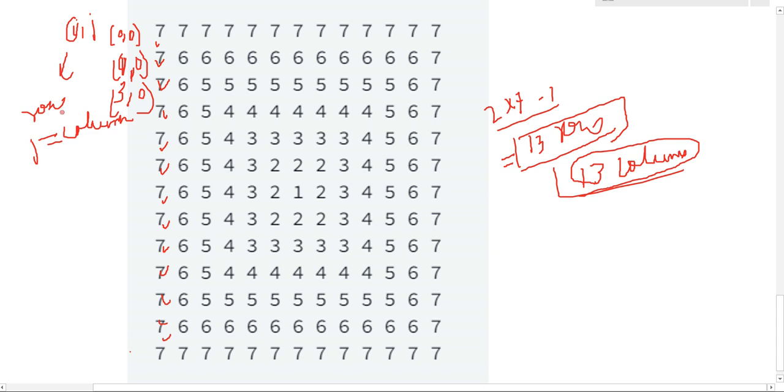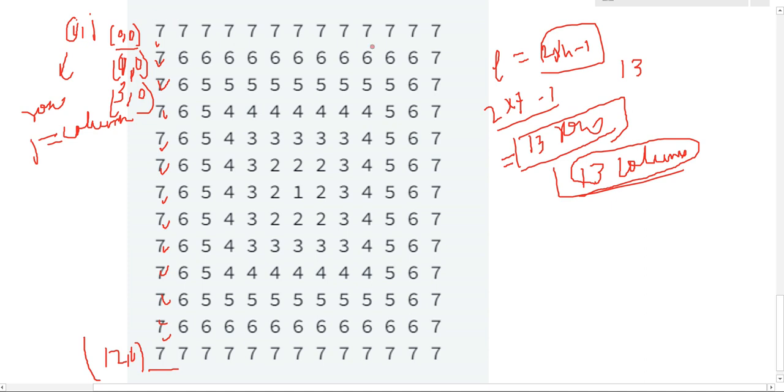So initially we are initializing i equal to 0 and j equal to 0, right? So from 0 it is going up to 12, right? Then first column. Why is it so? Because it will not go up to 13, because we are initializing i equal to 0. Understood? The size, the length we are taking, is 2 into n minus 1, that is the length. 2 into n, that is size l equal to 13. Understood? But we are going up to 12 because we are initializing i equal to 0 and likewise j equal to 0.